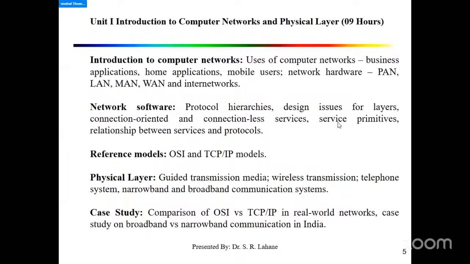These are the contents of unit number 1. In total 9 hours, we have to cover unit number 1. The content is Introduction to Computer Networks. We have to briefly describe the basic usage and applications of computer networks to the student, different network types, that is LAN, WAN, MAN, and what is an internetwork, different network software, what is a protocol, what are the design issues of layered protocols, what is connection-oriented and connectionless, then service primitives and the relationship between services and protocols. Then 2 different models we have to study and teach to the student,